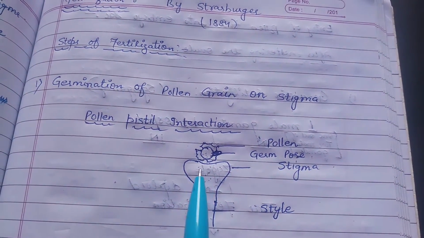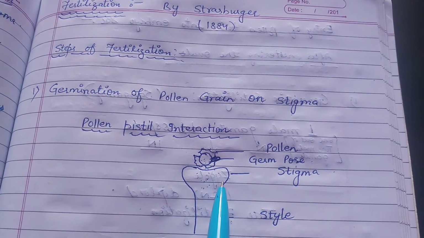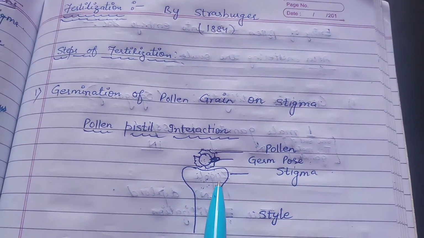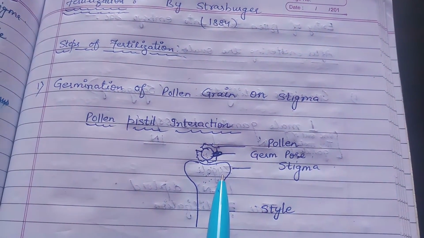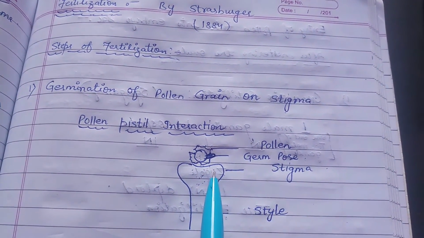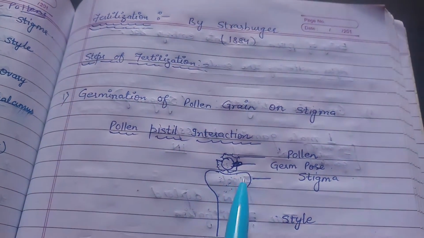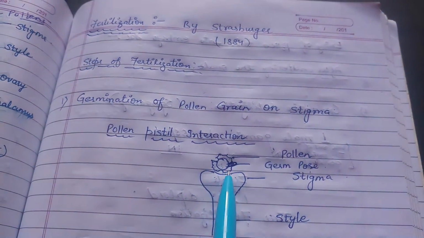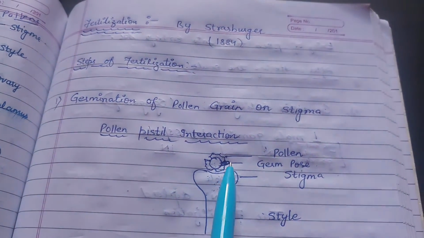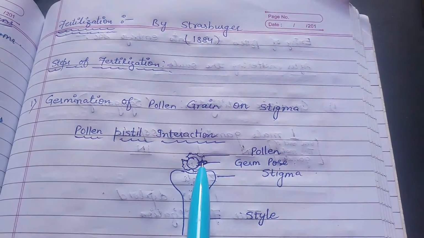In the absence of compatible or incompatible reaction, pollen grains will germinate invariably, provided water and nutrients are available. It is an artificial method. Now, only the compatible pollen grains germinate and grow. They absorb nourishment and swell up. The swollen tube cell grows out of the pollen grain through one of the germ pores.